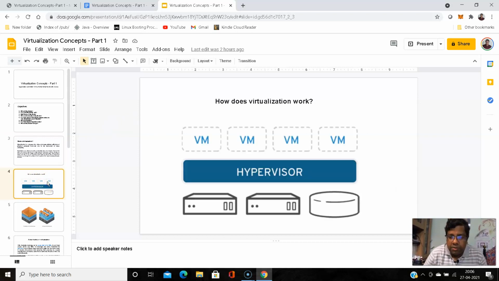This is the broad overview of how virtualization looks from the architectural point of view.